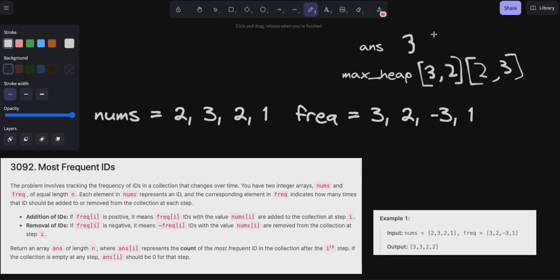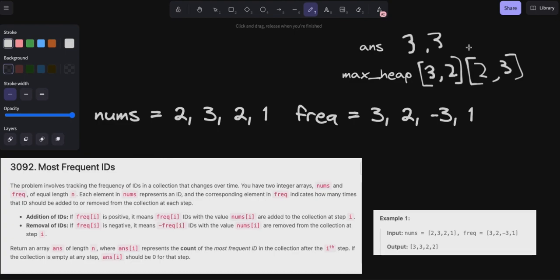Take the max heap at this point. The max heap is still 3. Now is where we reach our edge case. Our edge case tells us that the ID 2 here, we need to subtract that by 3. So when we look at our top value in our max heap, we know this is a frequency 3, and we effectively know we need to pop this value and subtract 3 by the value here. And then the next top value in our heap is 2, and we can add 2